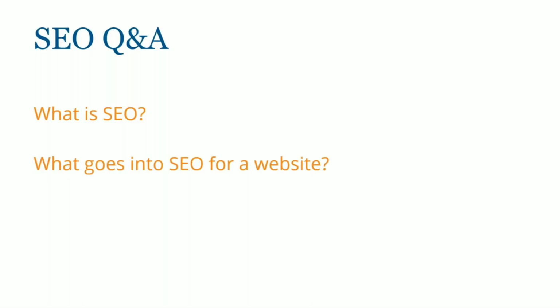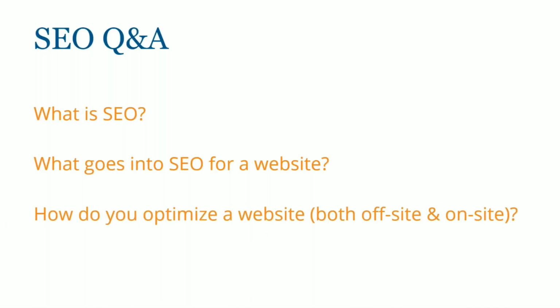But really, there's stuff that can be done on your website as far as the content, the algorithm-friendly content, and making sure that there are no broken links on your website. But then there's also off-site stuff, so talking about things that are not on your website, like backlinks and referrals coming back to your site. So we'll go into more of that in a second.